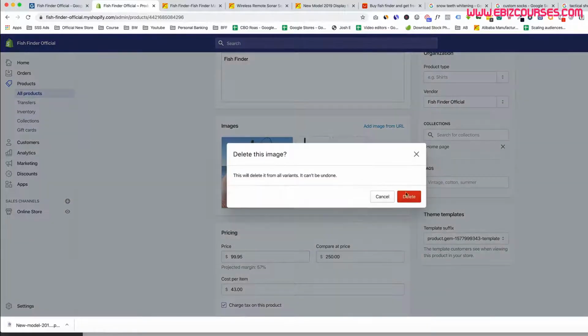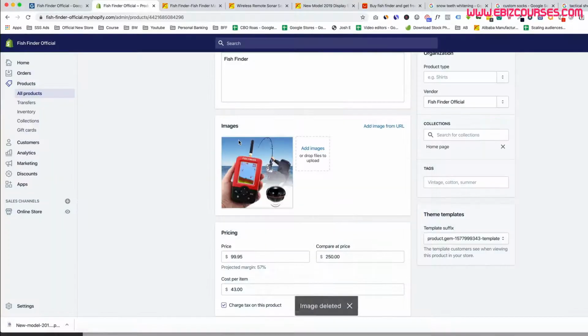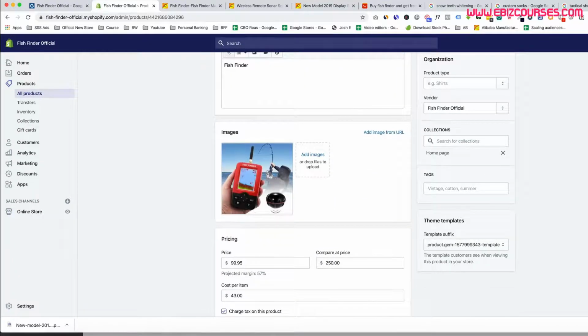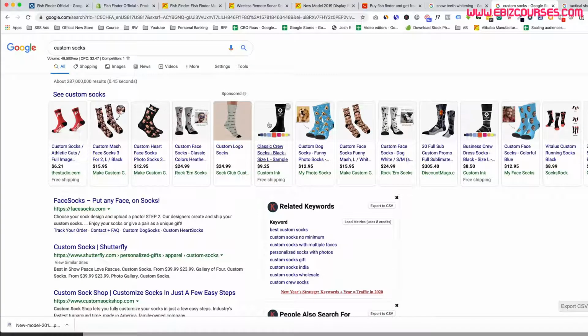And so I would personally delete this. And any other images on the landing page we can leave alone. It really doesn't matter. But as long as we have a really good image for our Google Shopping, then this is going to help with click-through rate, which is really important. So that's why I wanted to make a separate video on this. So now let's go ahead and continue to the